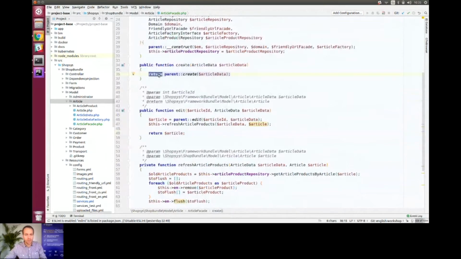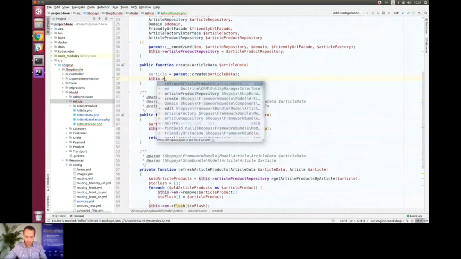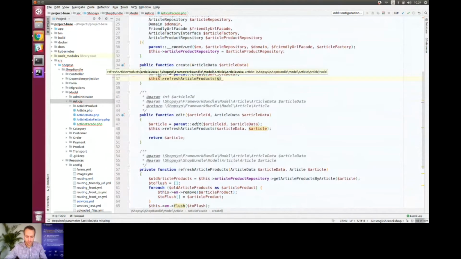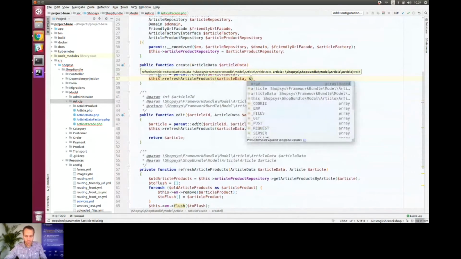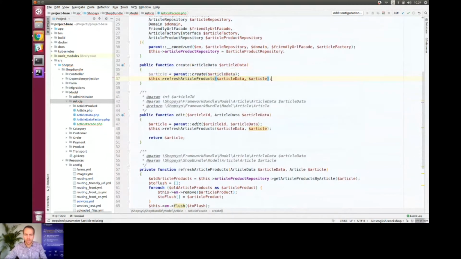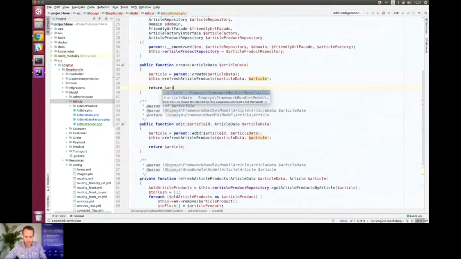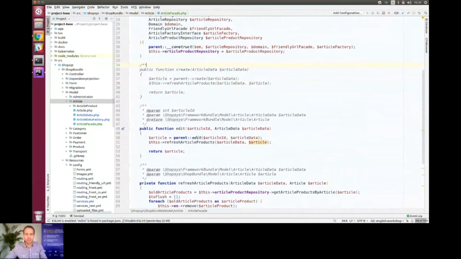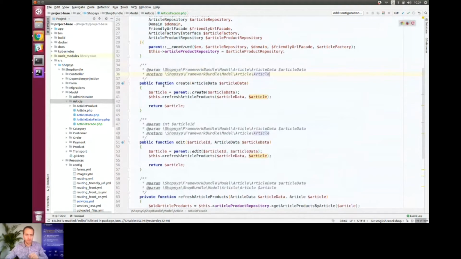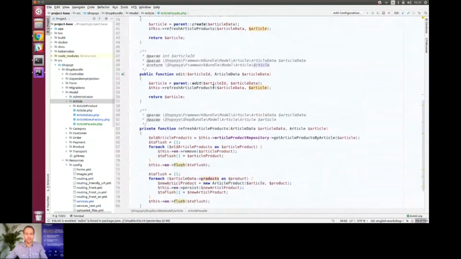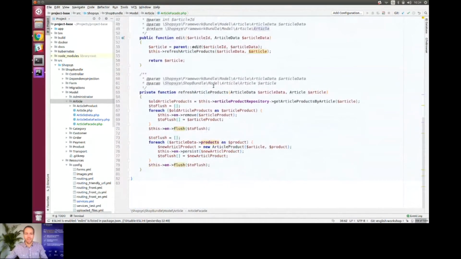So again, I will save the return of that parent method to a variable article. And then once again, I will use that refreshArticleProducts with the data. Again, I will return that article in the end. Add some annotation here. Yes, so that's it. So now it should work, but our application doesn't know yet